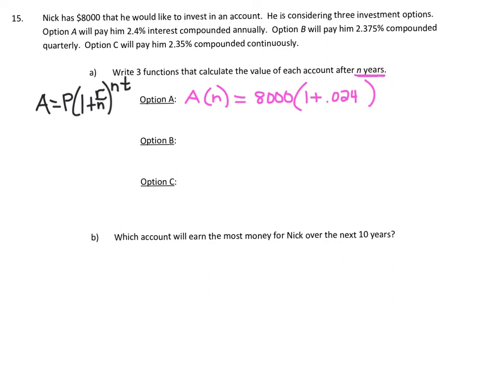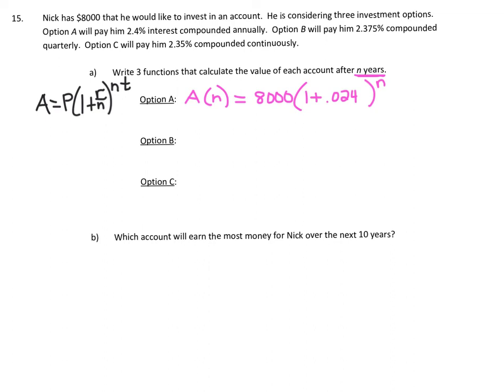All right, so here we go. Whenever something's compounded annually, honestly, what you're using is your regular exponential growth formula. A equals P times 1 plus the rate to the usually t power, but in this case, n power. Okay, so now option B. Option B will pay him